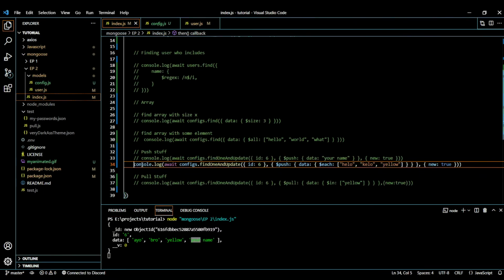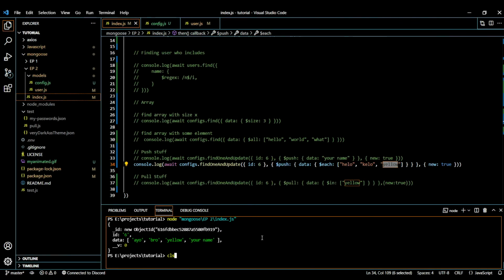And now you might ask, I want to add more than one option. So for that we will use the $each function. So we are just gonna use $push, and inside we will provide the key, and then we use the $each function and provide an array. And now it will add all of these things inside our data property. Let me show you real quick. CLS bam. Let's see if it will work or if it does not. Let's check it out. So you can see it added all of that.